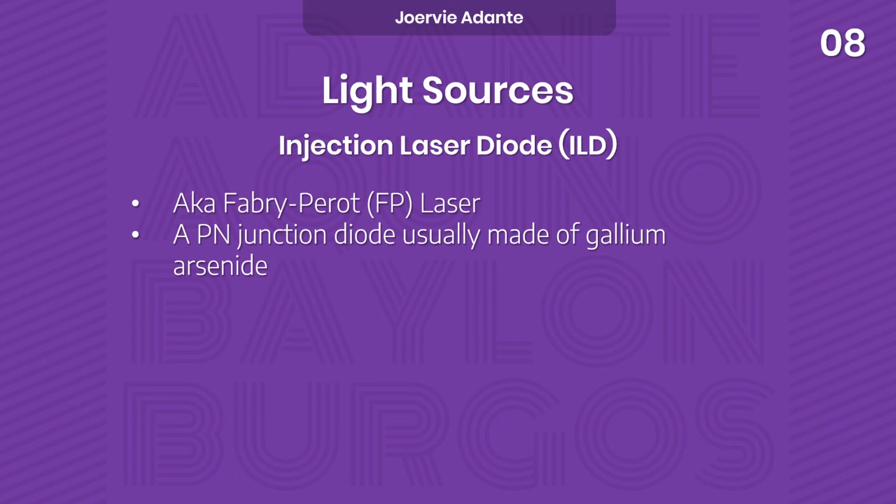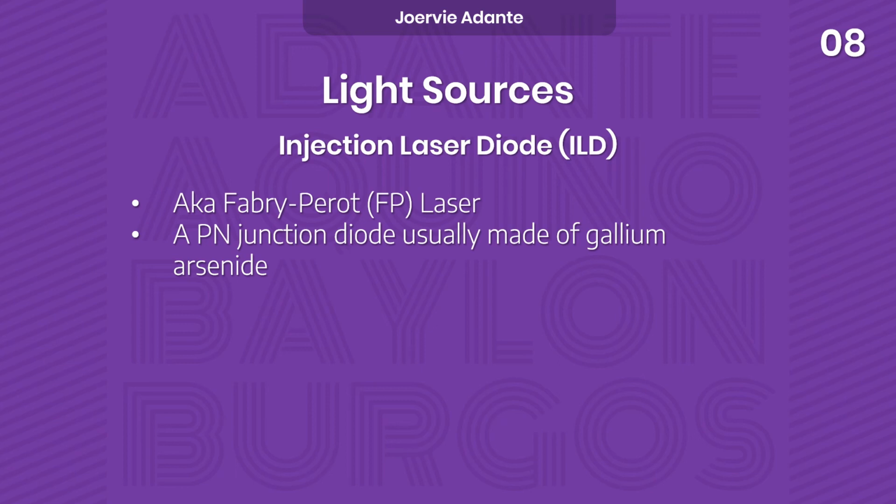It is also known as Fabry-Perot or FP laser. A PN junction diode usually made of gallium arsenide. Its physical structure is a semiconductor structure cut into a square, and the ends form internal reflecting surfaces. One of the surfaces is usually coated with a reflecting material such as gold, and the other surface is partially reflective. When the diode is properly biased, the light is emitted and bounces back and forth internally between the reflecting